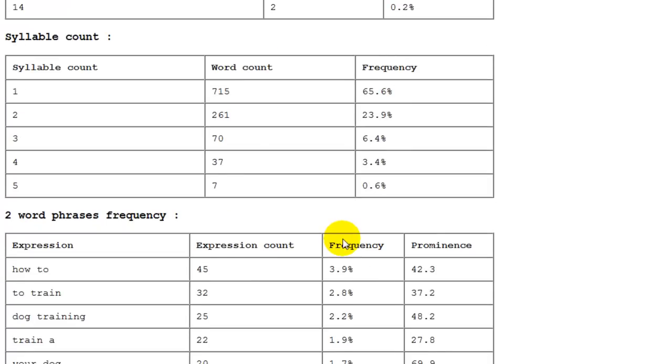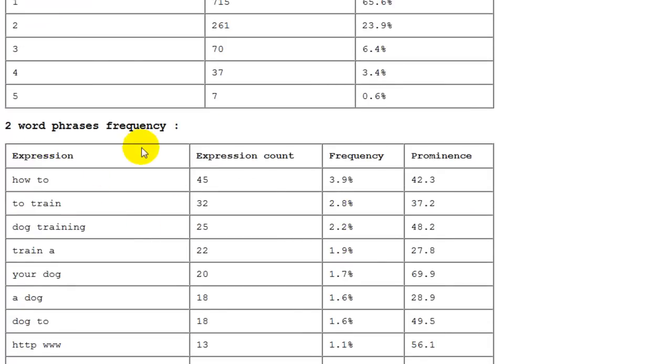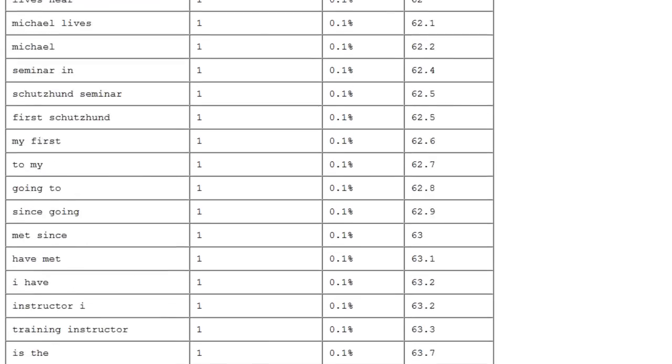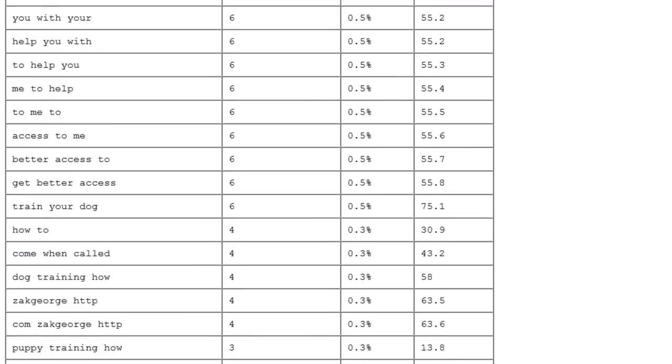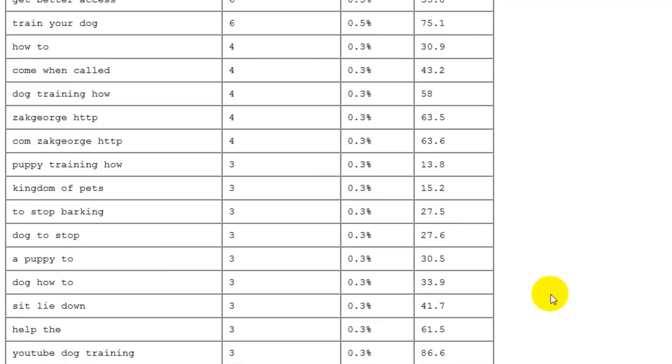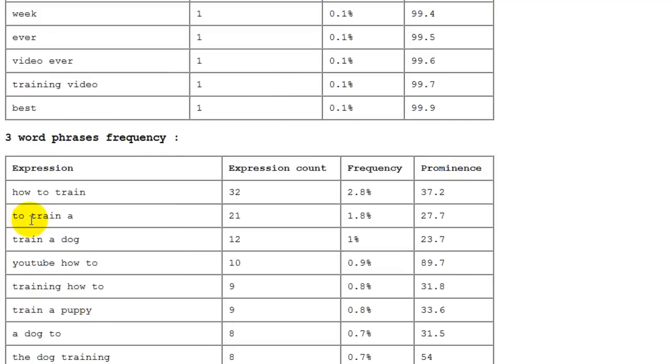But we will scroll down here and we'll see 2-word phrases. And what are the most popular? How to train. And these are the most popular 2-word phrases. Best place to start, scroll down. And this will take some doing because there's a lot of data here. And these are 3-word phrases. Let's take a quick look. And you can see how to train, and the most popular